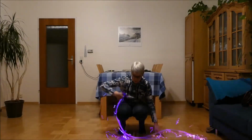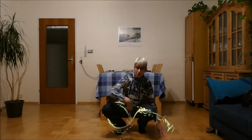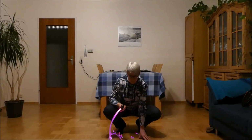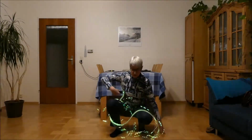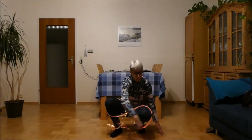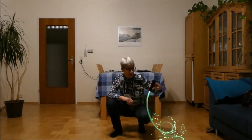If you are really close here, it's not as nice as if you have your knees a bit further apart. For the actual movement, you have two directions. You can go inwards, going down in the middle, and you can go outwards, always coming up in the middle. So, a bit slowly, you take your whip in your